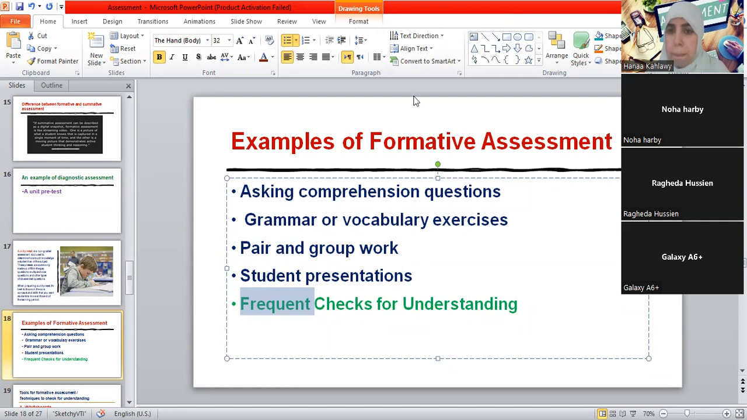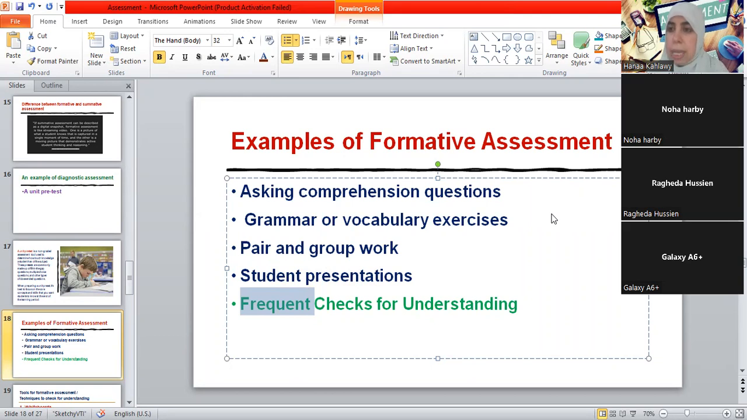Through exercises. For example, when we have a grammar lesson, at the practice time, we are going to make sure that our students have learned and they can use the piece of grammar or the key structure well. So we do this through exercises and